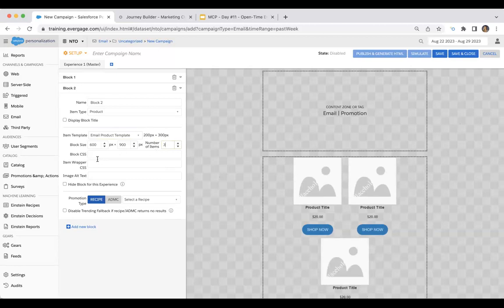You can apply some block CSS, styling code, item wrapper CSS. So there is a possibility to adapt it according to your needs. And another important thing to set up here is the promotion type. So either we use recipe or a DMC, but for us, to achieve the goal of advanced personalization, we will use recipe, because then our system will be guided